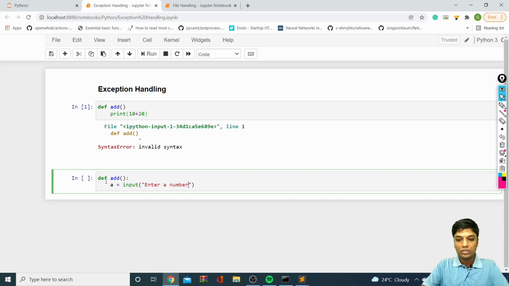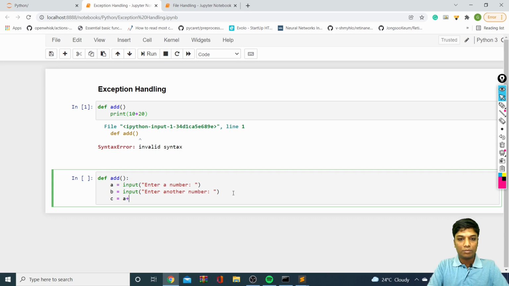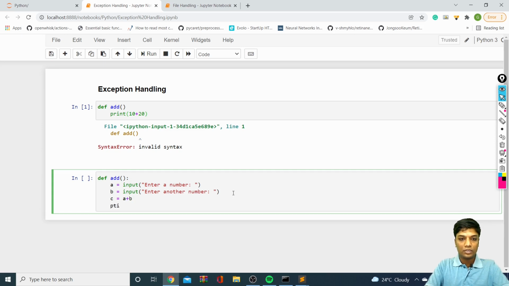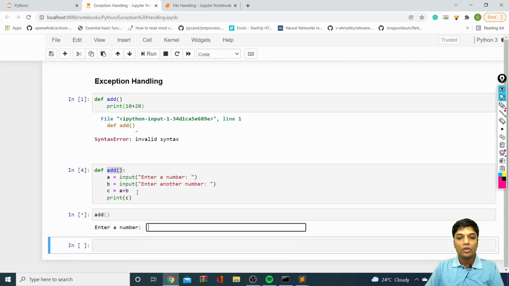Okay, a number, something like this, and b is equal to enter another number, something like this. Okay, and I'll just say C equal to A plus B, and I'll just say print C. So I'm just taking a simple function which takes two inputs from the user and adds those. That's it. Okay. So I'm just calling this add function, and whenever I'm calling this add function, it will ask